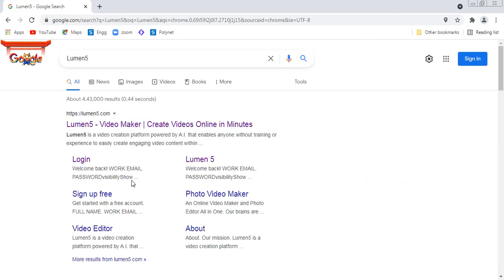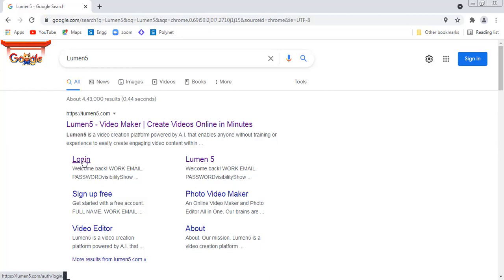Now, if you have not signed up or used Lumenfy before, you need to sign up for free. It is available as a free tool. It is also available as a license tool. In the license tool, the advantage is that the logo of Lumenfy at the end of the video does not appear. But for the majority of purposes, I think even the free subscription will serve the purpose.